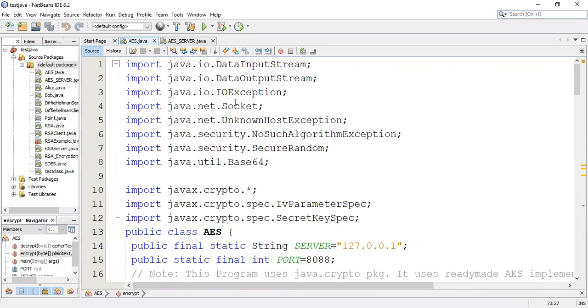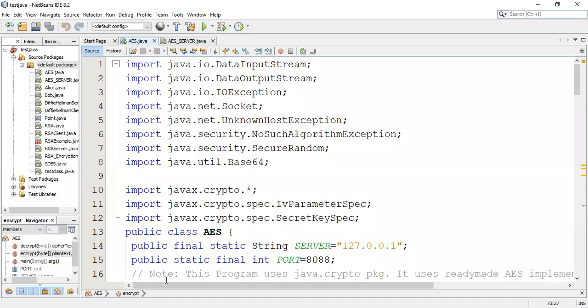Then the exception and the socket, because I have to connect these files to the server, so I need to use net.socket as my package. Now the UnknownHostException, NoSuchAlgorithmException, SecureRandom and Base64. These are the files that you have to import. Again, javax.crypto.spec.IvParameterSpec and SecretKeySpec. These are the files that you have to import.